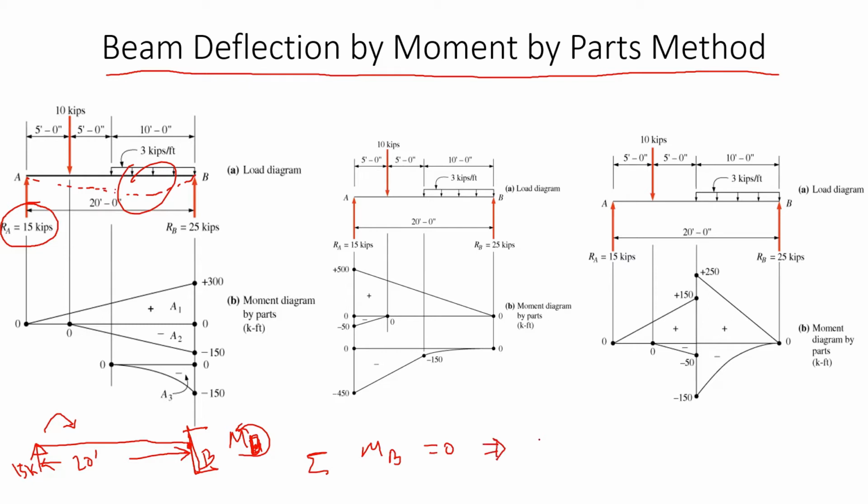So we can write 15k times 20. That's a negative moment because that's clockwise, and then MB is anti-clockwise, which is positive. So these are all equal to 0. So we can say MB is equal to plus 300. It is very important to have plus and minus, because when you use the formula, with a minus we have to subtract that. So for that 15 kilo pound load, the total moment is 300,